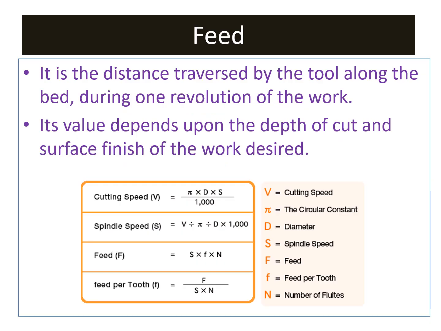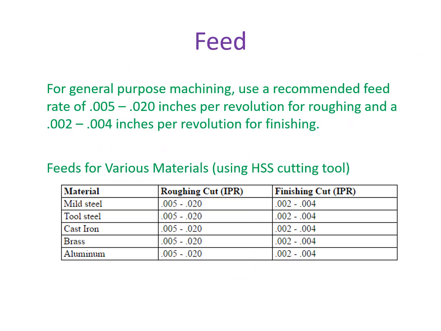Feed rate is defined as the distance traveled by the tool in linear direction while the workpiece completes one complete rotation. Cutting speed and feed rate together define the finishing power requirement and material removal rate of the workpiece. Here are some recommended feed rates for common materials like mild steel and cast iron. And now you can see that there are two types of cut, roughing cut and finishing cut. Normally, before working, we give the first cut as a rough cut to remove the excess material from the workpiece.